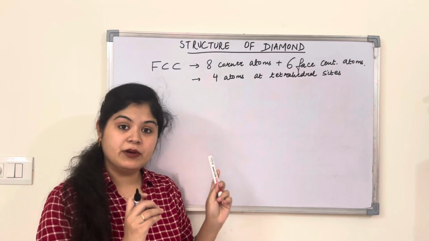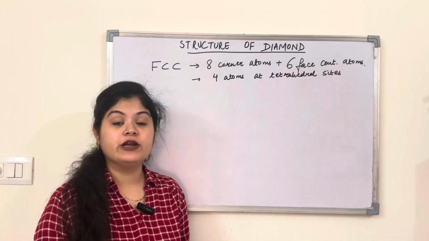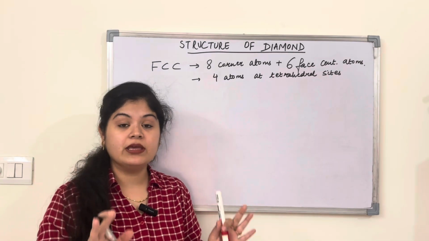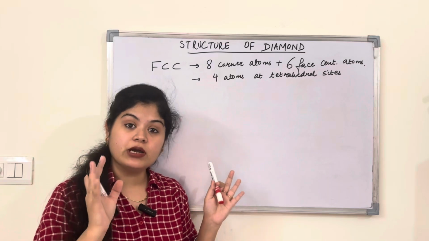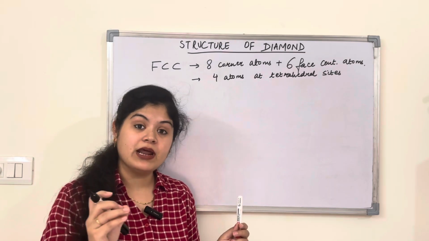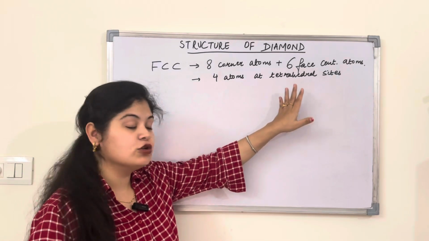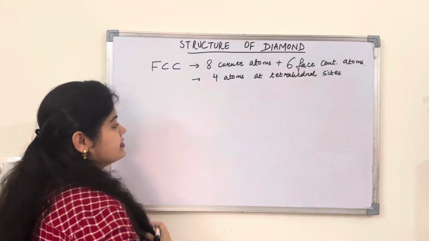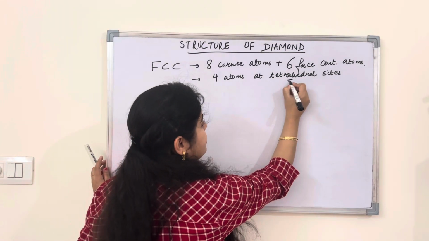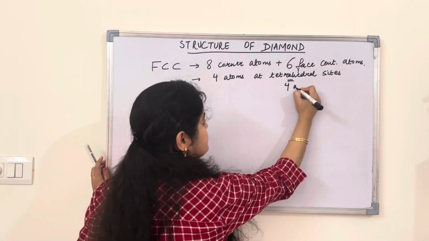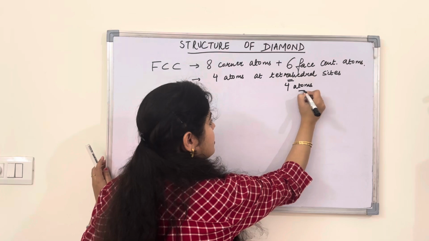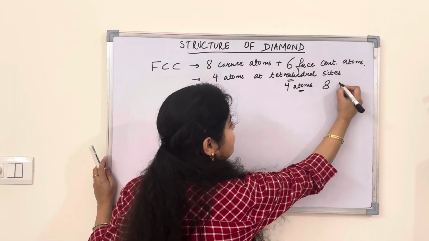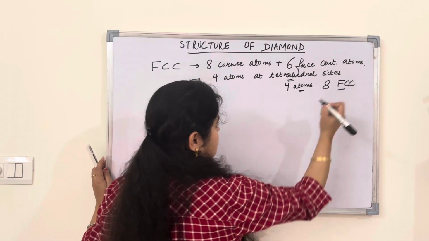Here also I will be briefly explaining about tetrahedral voids, but you should be knowing in very much detail what are basically these voids and where are these located. So please go and watch the video if you don't know. So let's just briefly understand. Tetrahedral voids are made up of 4 atoms. They are 8 in number for FCC structure.